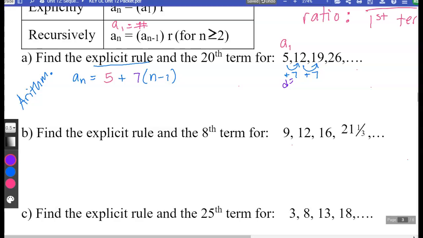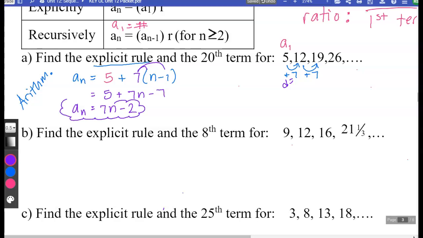How could I simplify this? Distribute the 7 in, so it becomes 5 plus 7n minus 7. And then what? What can you do? What can you combine? The 5 and the negative 7. So it becomes 7n minus 2. That's the simplified version